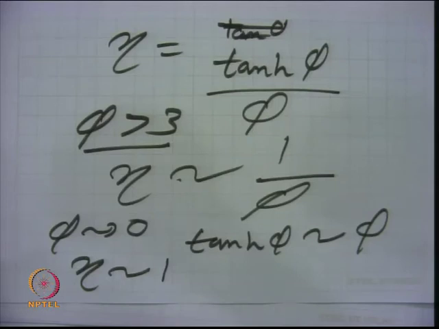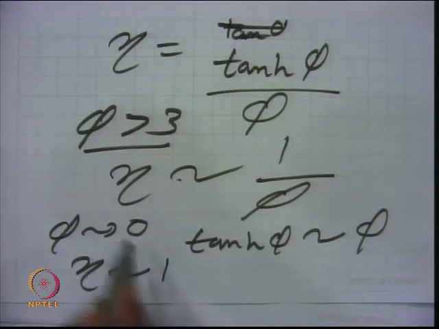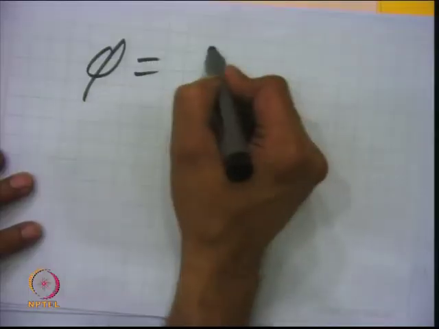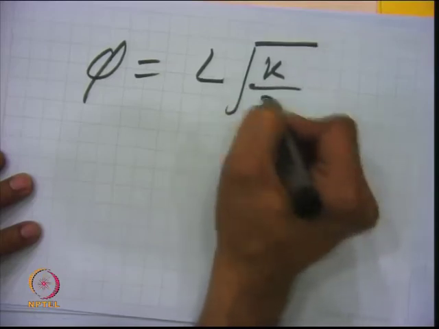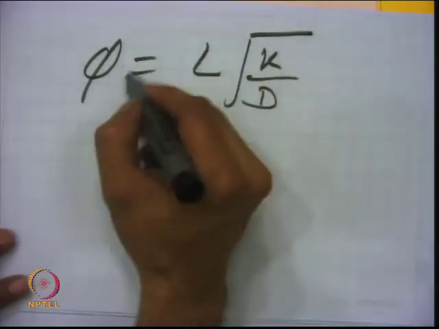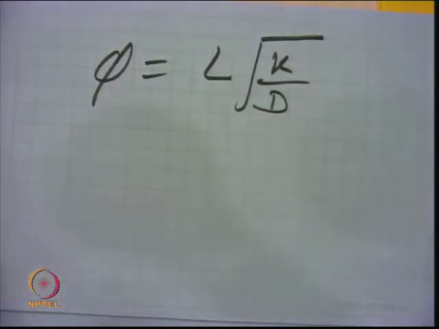Phi is representing the kind of diffusion resistance in the pore of a catalyst, and we want to minimize it, because your rate will be high when there is the minimum gradient of concentration, and that can be defined because you know now phi. So, phi is something like, if I just take this case, L under root of k by D, first order reaction. It means you have to make your phi small, because phi is a term which is representing the contribution of diffusion resistance in a catalyst pore.